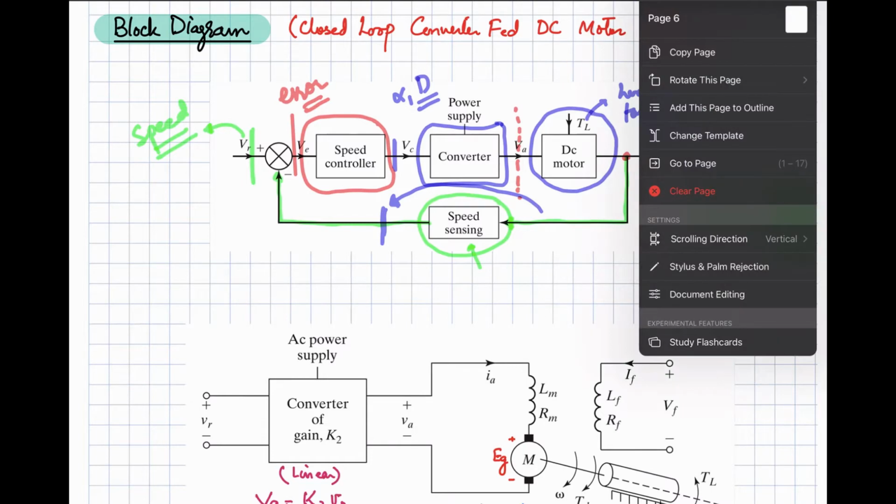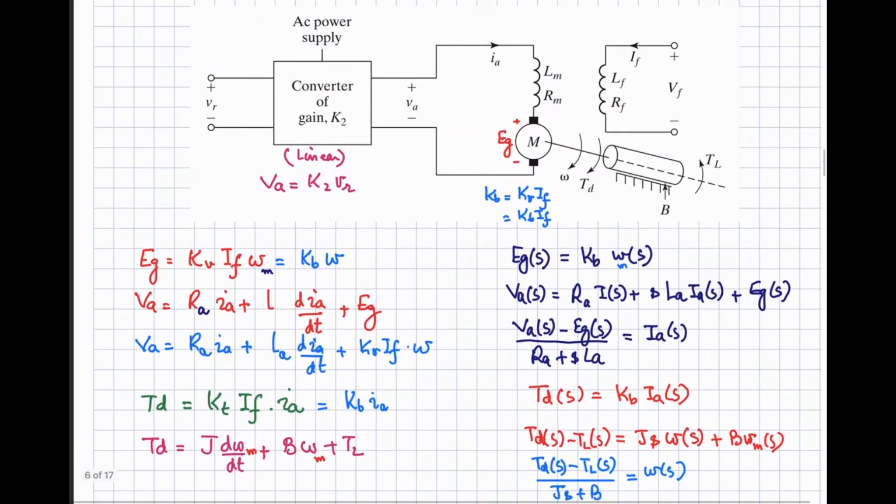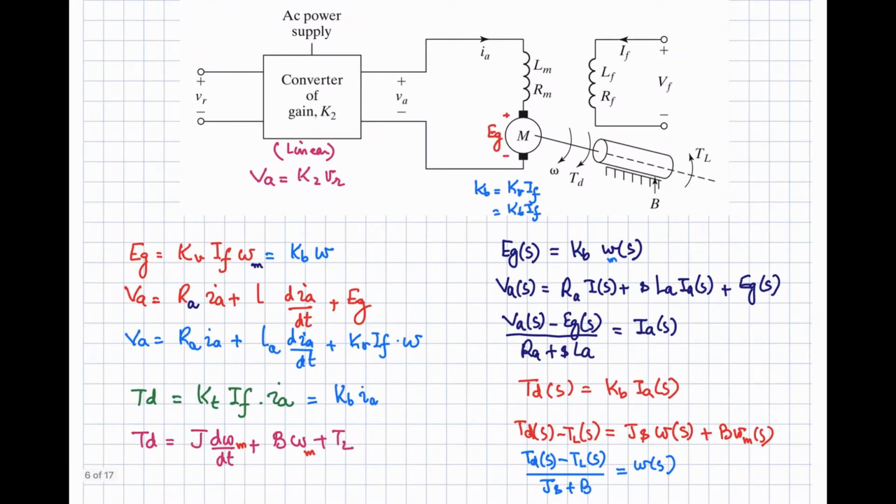Okay, now let's see how we can implement this control loop, or how we can design this speed controller for the speed control of your DC motor. So before going toward that, let's discuss the DC motor model. So here you can see the block diagram of a separately excited DC motor. Here is the field circuit, and here is the armature circuit.